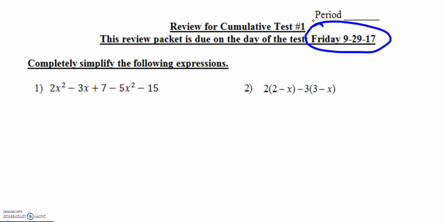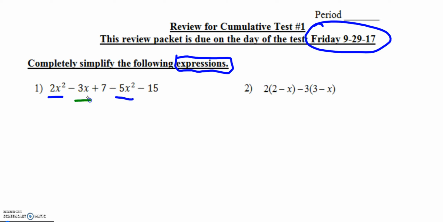So let's get started. Numbers 1 and 2 ask, let's completely simplify the following expressions. Now notice, this is not an equation. We don't have any equal signs, so all we're doing is combining like terms and distributing and getting a final answer from there. So for number 1, I would look and notice that my x squareds can be combined as